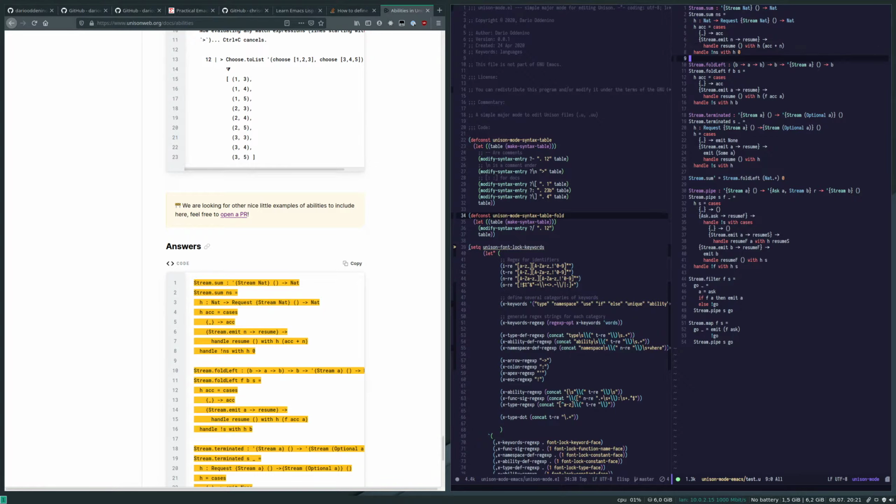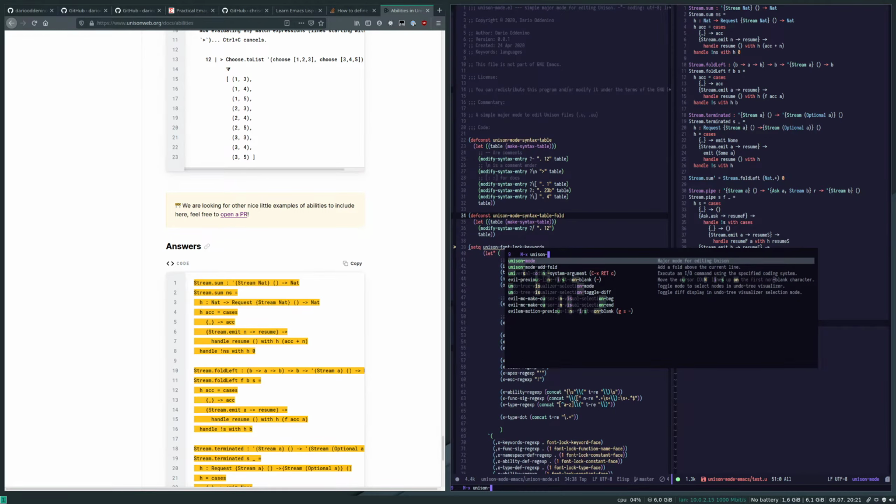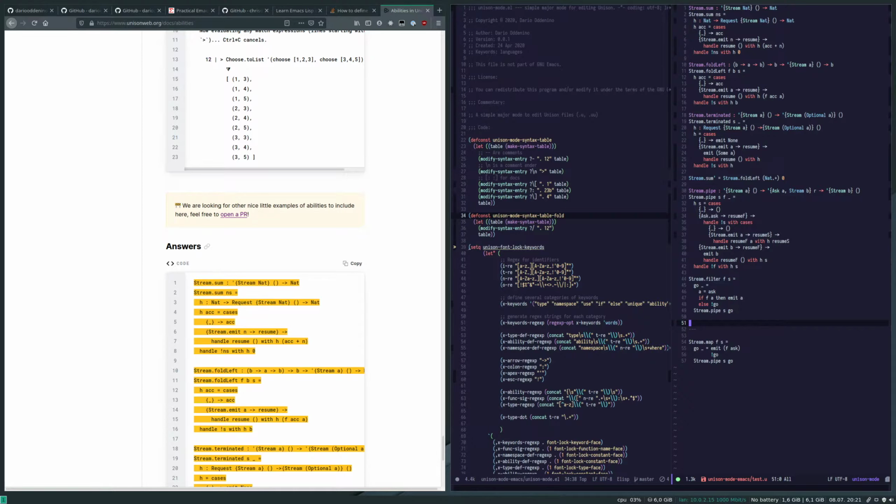So there's some basic syntax highlighting which is broken now because a lot of things break this highlighting. Kind of works. Earlier I've added support for commenting and uncommenting code. Sorry, different keyboard. And I also added a command which is unison mode add fold, which just adds these 3 dashes on top of the current line. This is used by Unison to